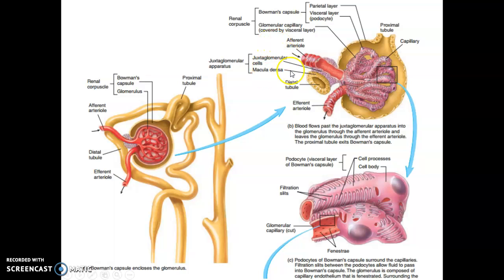On the converse, this little area called the juxtaglomerular apparatus, remember, the Bowman's capsule is the first part, filtration. Proximal tubule, reabsorption. Descending loop of Henle, ascending loop of Henle. The ascending loop of Henle comes back